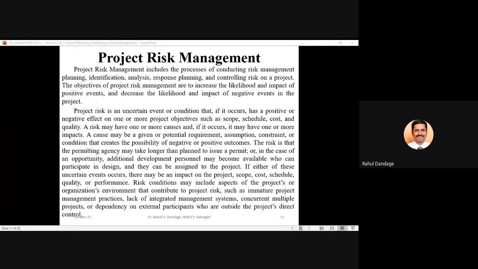A cause may be a given or potential requirement, assumption, constraint, or condition that creates the possibility of negative or positive outcomes. For example, the risk is that the permitting agency may take longer than planned to issue a permit, or in the case of an opportunity, additional development personnel may become available who can participate in design and can be assigned to the project.